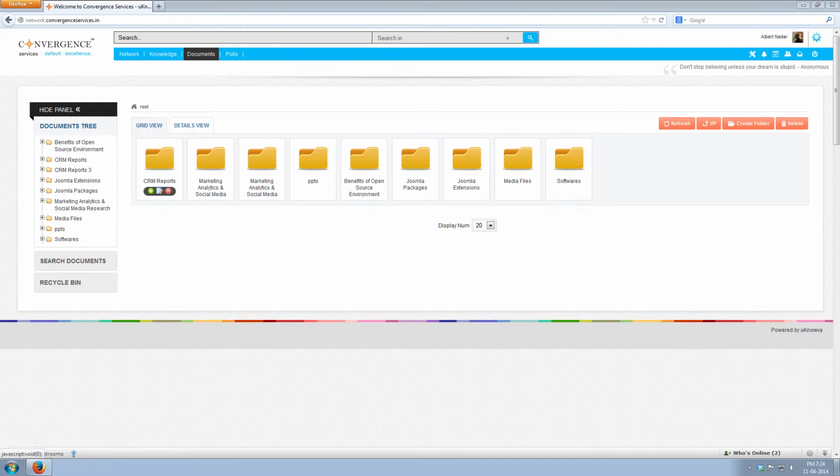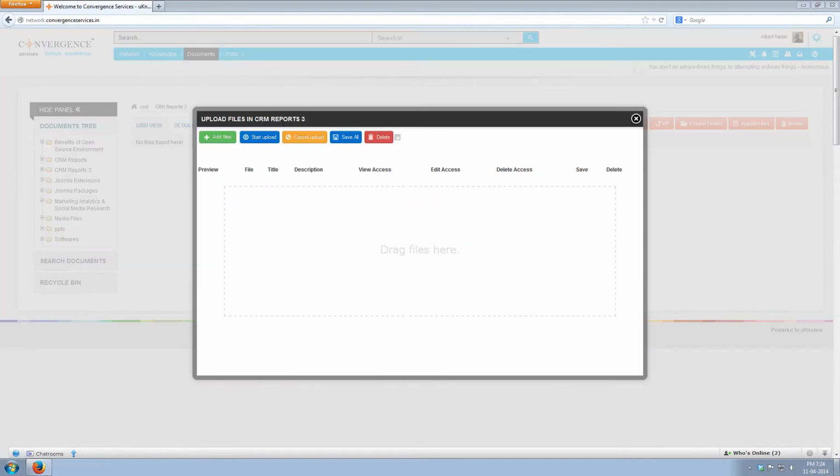Now let us see how to add a file to this newly created folder. Click on the green button with plus sign. You will see a pop-up with a message, Upload files in CRM reports. Click Add files. You can now browse for the file that you want to upload.